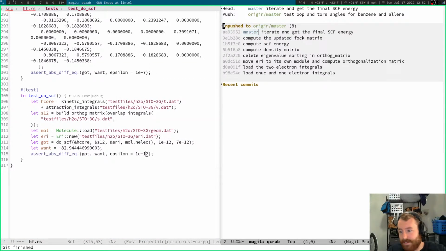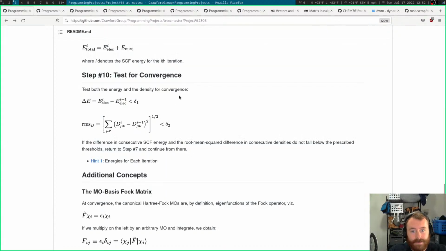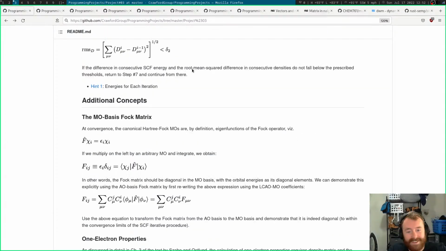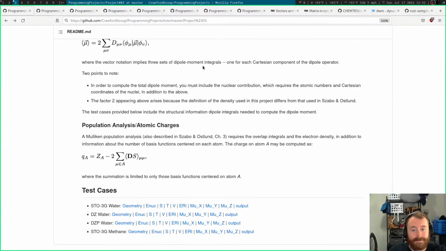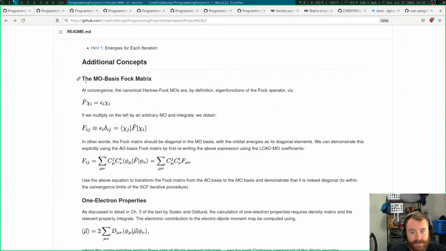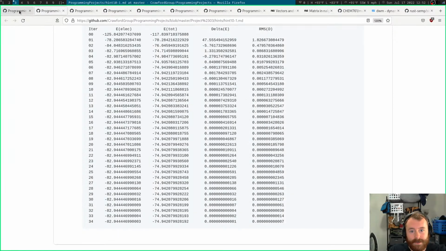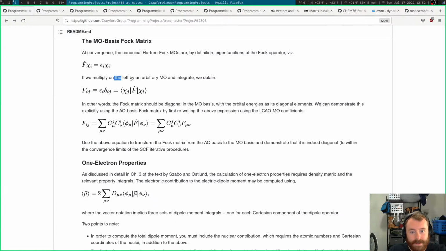Okay, I think that's going to be it for today. I know there's some... Oh, I should do the other test cases. Okay, I should do the other test cases. I'm going to skip this stuff for now, though. The additional concepts. So, we'll need this Fock matrix for MP2. But that stuff's way down the road. Like I was saying at the beginning, now that I have Hartree-Fock working, I'm going to be focusing on